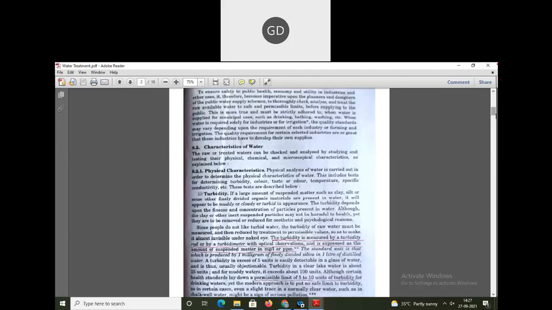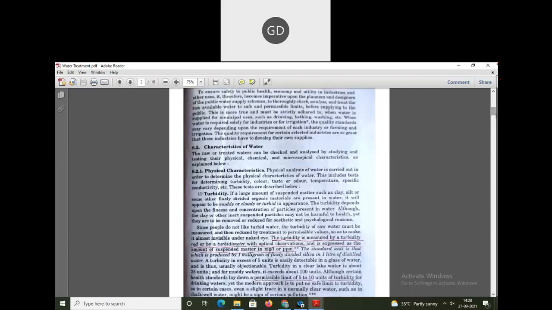Everyone wishes to drink very clear and pure water. We cannot drink muddy water, we cannot drink turbid water. These suspended particles are in every kind of water. Those particles remain in water, but in different percentages. So this turbidity, we have to treat it.